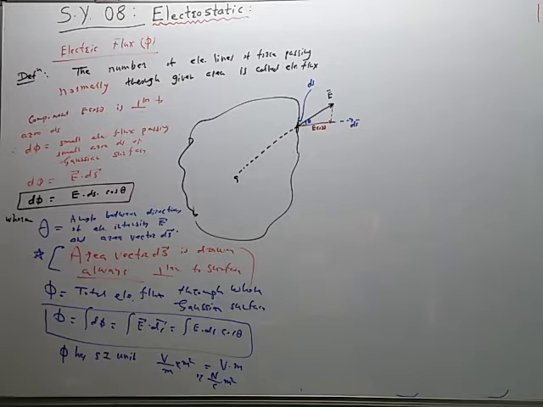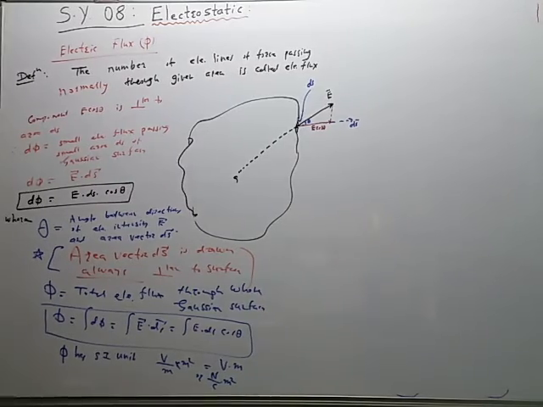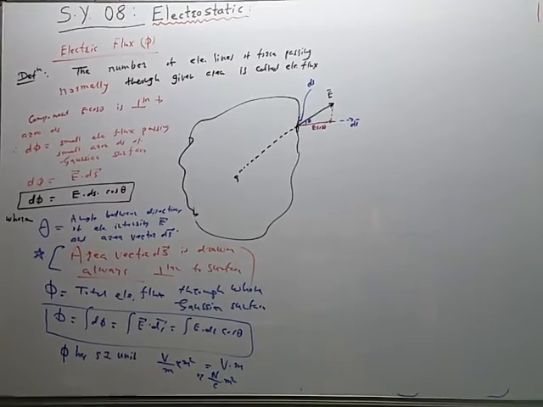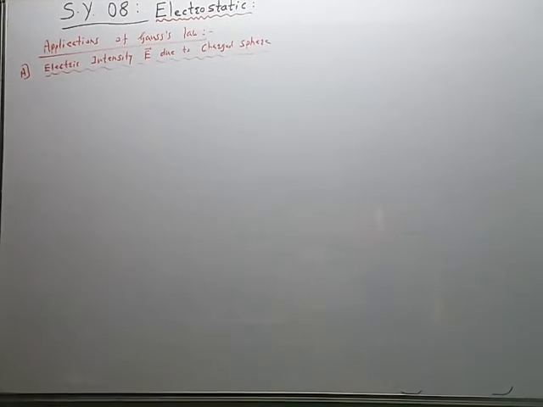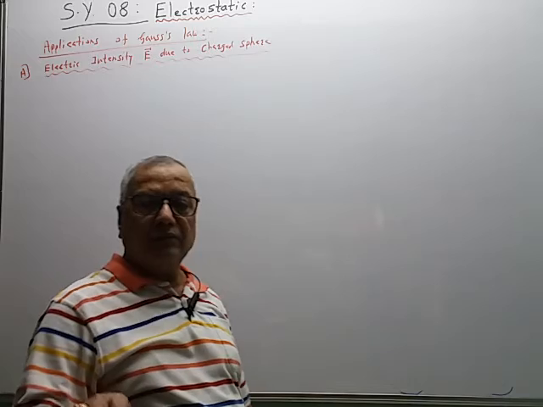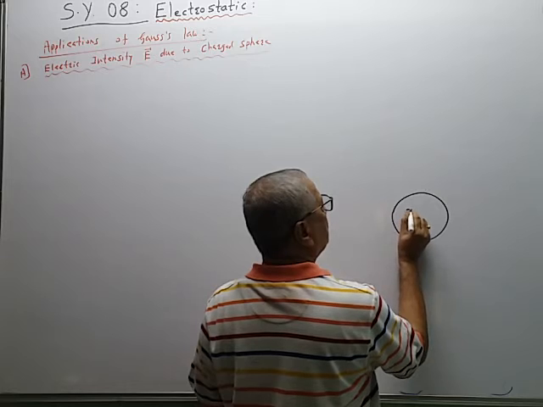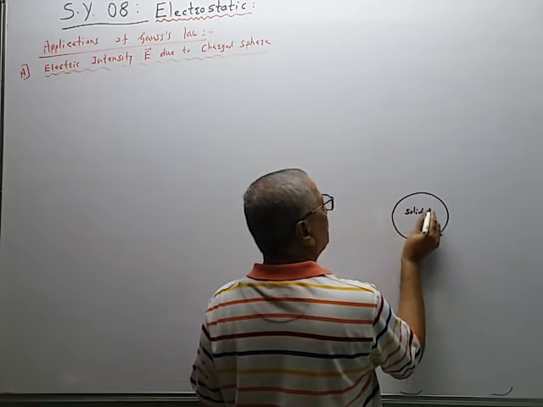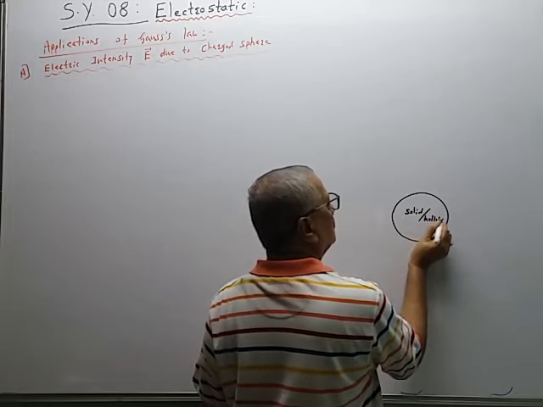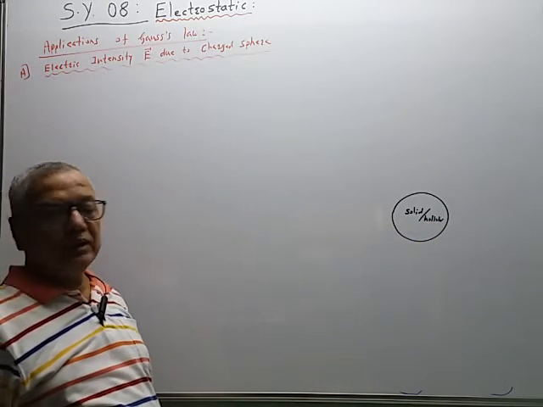So now we are going to see the applications of Gauss's theorem. First we are going to consider a charged conductor of spherical shape, and we have to find the electric intensity due to the charge at any point outside the closed surface, like this. So this is the first application that we are going to see. Electric intensity E due to a charged sphere. Now I will give a rough idea. Suppose this is a sphere, may be solid or may be hollow. You can use any sphere, solid or hollow.